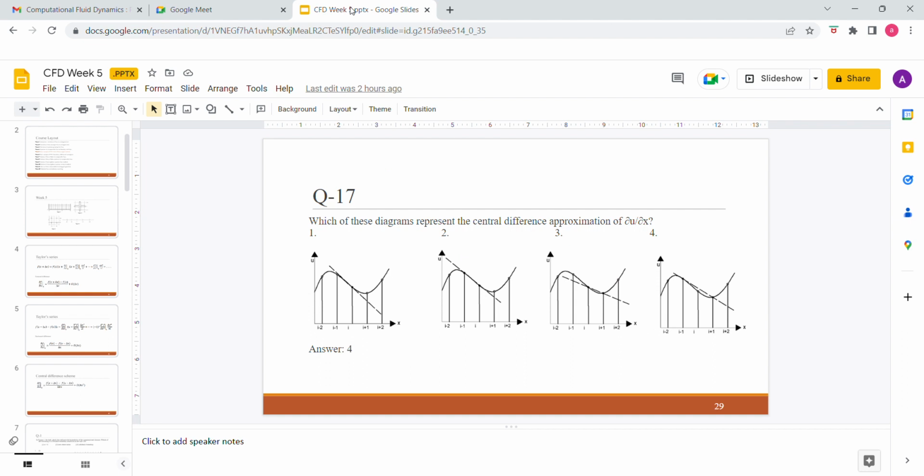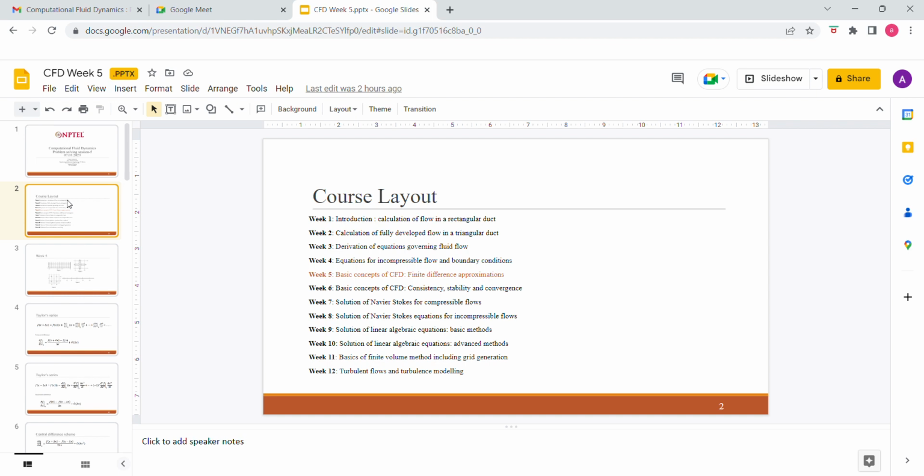Thank you for attending today's session. We'll meet every one of you in the next session, that is next Tuesday at the same time, 6 to 8 p.m. This is just a quick recap of what we saw in today's session. With this, we'll close the session. In today's session, we saw the basic concepts of